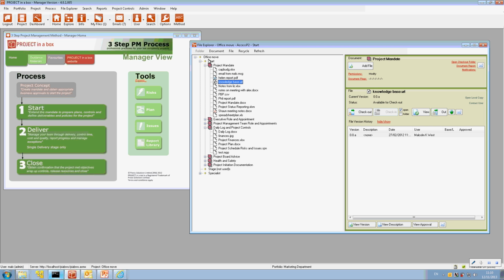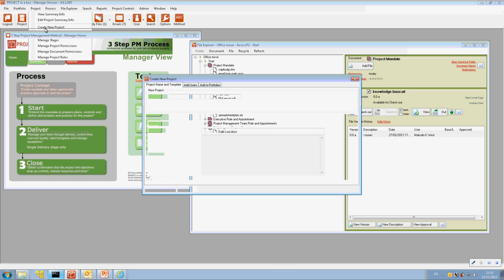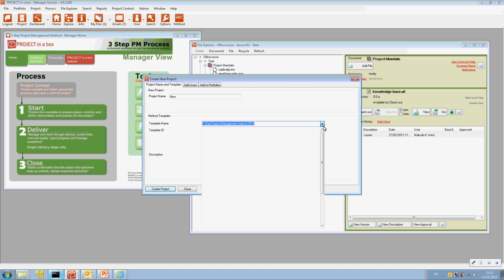What I want to talk about now is personalizing this process a little bit. So the project is created from a standard method template, but we can then intermingle content if we want to and change that standard view a little bit should we need to. So I'm just going to show you how we can do that by creating a new project, and I'm going to use a